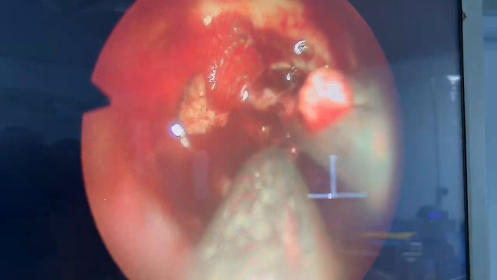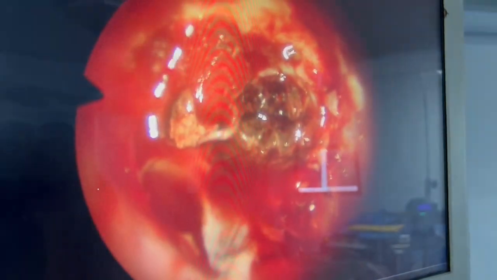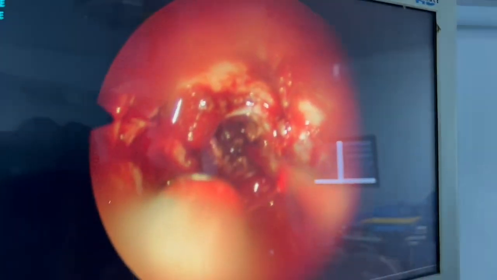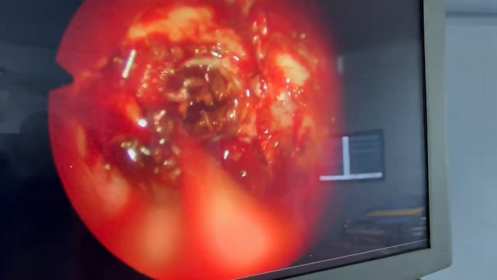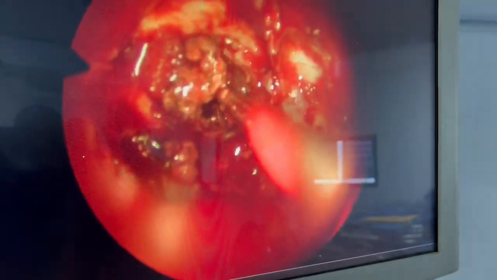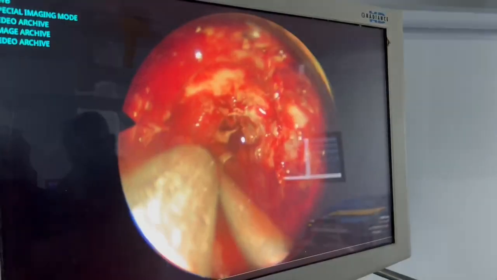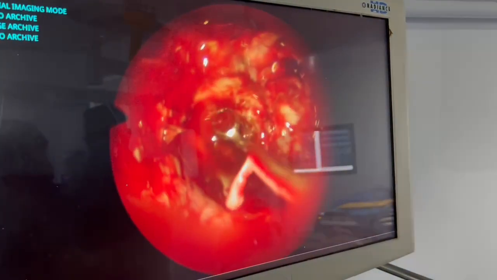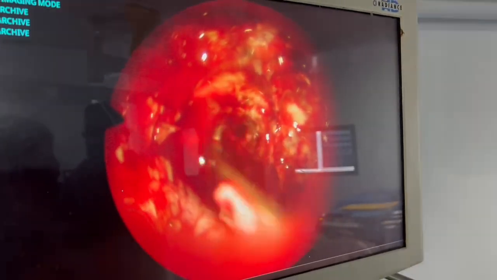Early steroid therapy and urgent decompression are key to preventing permanent nerve deficit. This endoscopic transsphenoidal approach offers better visualization, minimal morbidity and faster recovery compared to the microscopic approach. After removing the hematoma from the pituitary fossa, you can see the real tumor coming out, a yellowish tumor coming out from the fossa. After removing this tumor and completely clearing the sella, you have to plan for reconstruction.